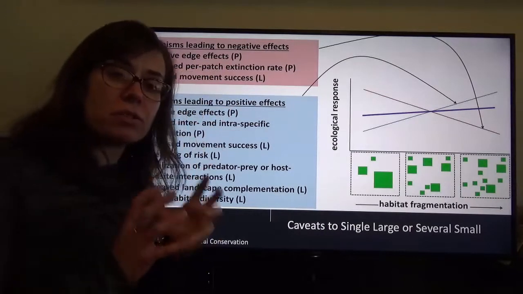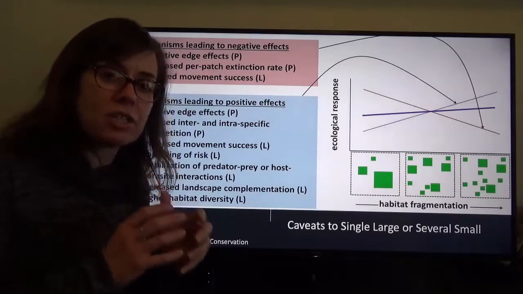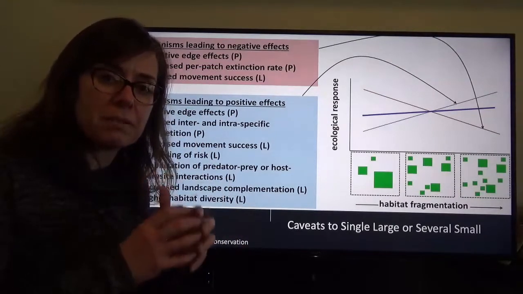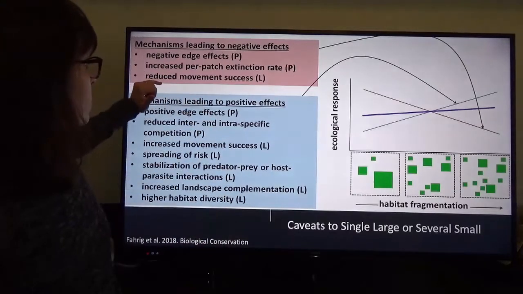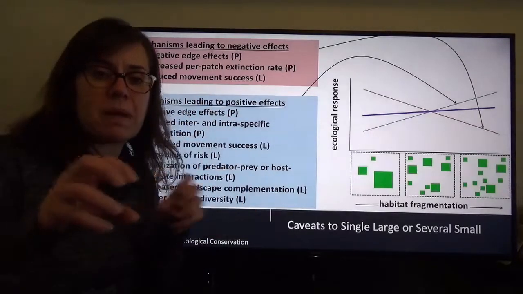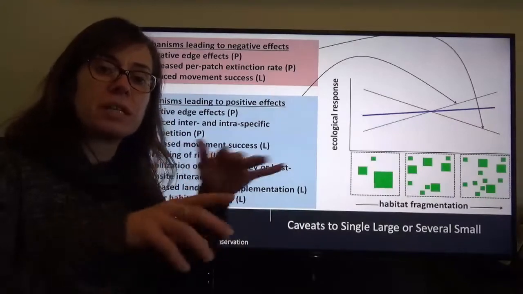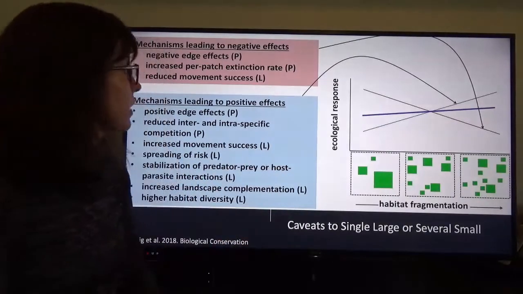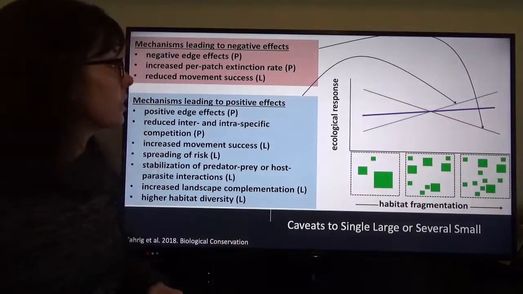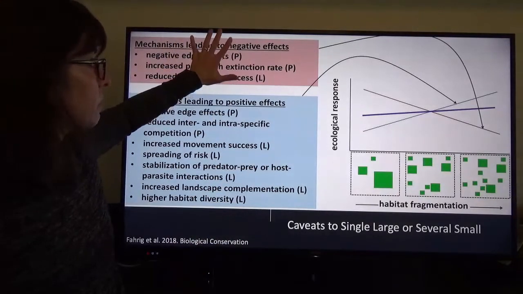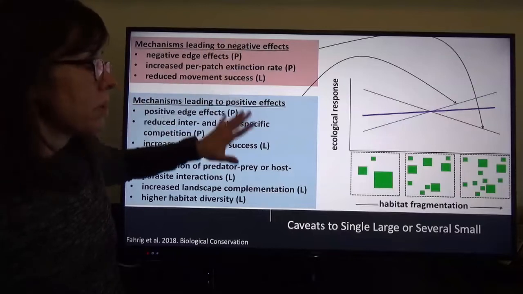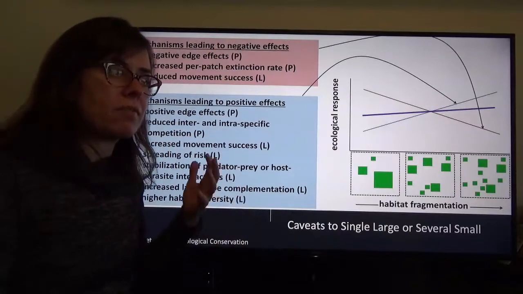Because the patches are smaller, there's going to be an increased per patch extinction rate. Smaller area means smaller population sizes, which means a greater chance of extinction. And reduced movement success, because organisms have to move between these patches if they're going to interact, or recolonize another area. All right, so these are all negative things, and they're really key components when you're thinking about landscape configuration,